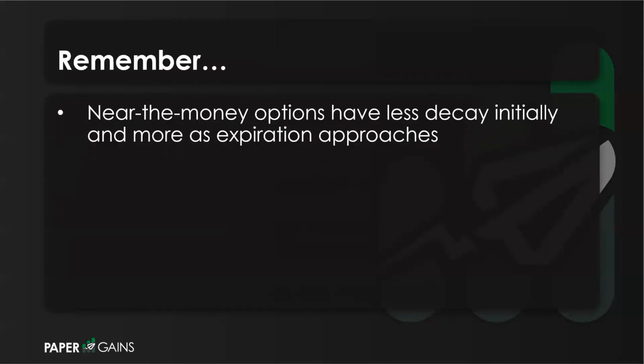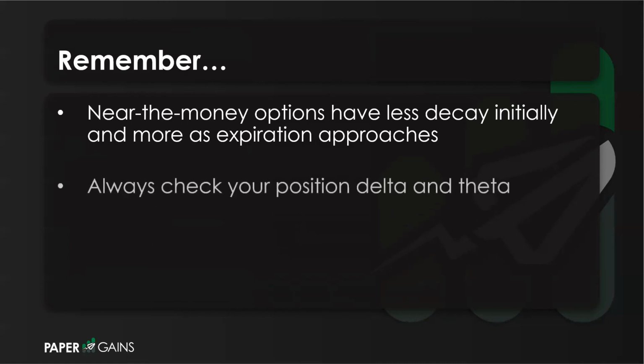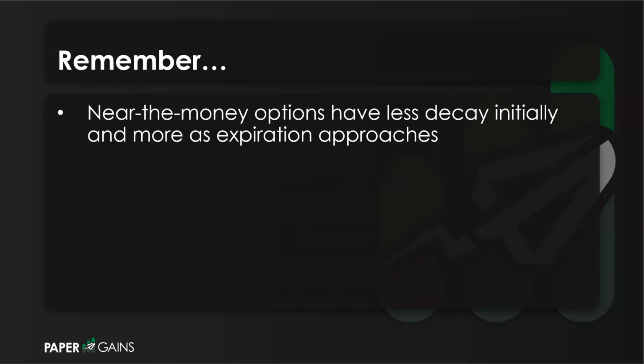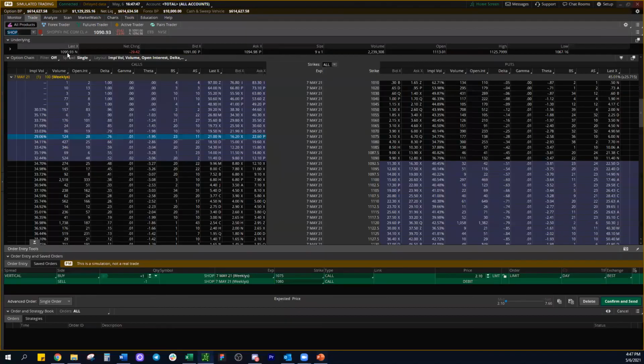And it's all the same kind of principles. So near the money options have less decay initially, but the closer they get to expiration, the faster that decay ends up being. So when you're building your own spreads, remember, and we didn't go through this, what I will say, I totally should have put that. I think some of the guys know the easiest rule of thumb,